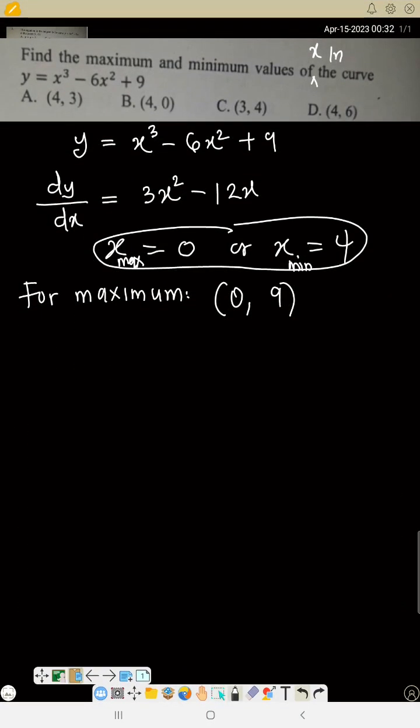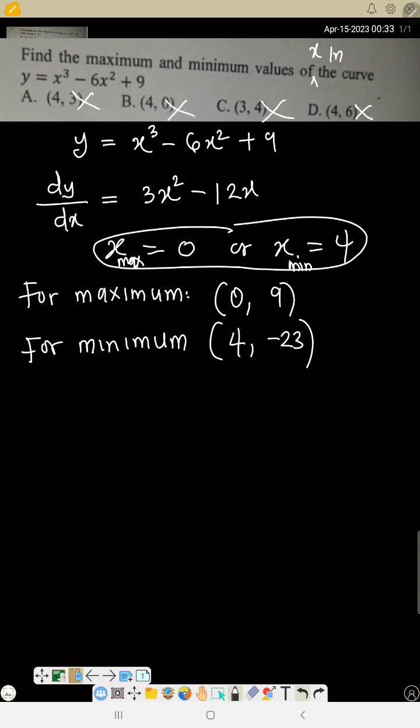So that means for minimum, S is 4, Y is minus 23. Like that. So that means none of the above, because you have S and Y. So you should not have S and S. And if the option is S and S, because I just say of the curve,